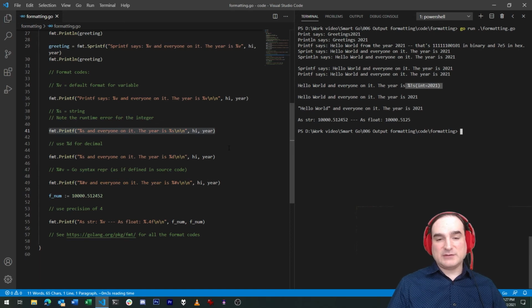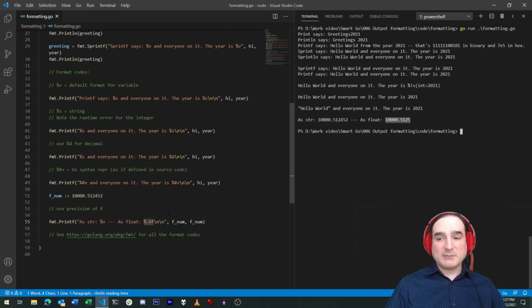There are other codes that we use that take arguments to further control how the formatting appears. For floats, for instance, we can specify the precision of output. In this case, I'm asking for a precision of 4 decimal places. When we print our float as a string, we get everything. But when we print it with our float formatting code, we only get 4.